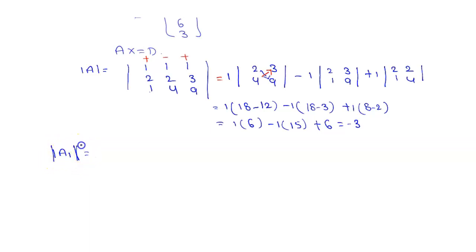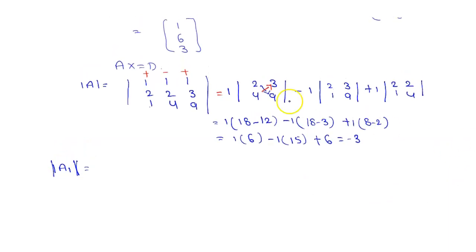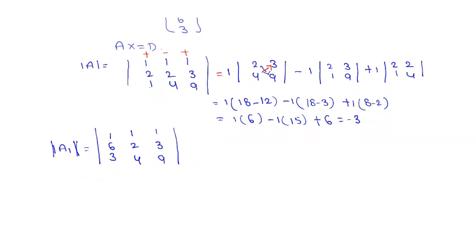I need to change the first column with constants. So the first column I am changing to 1, 6, 3. This first column is replaced with the constants. The second column is as it is: 1, 2, 4. The third column is also as it is: 1, 3, 9. So the same order here also, taking plus minus plus,